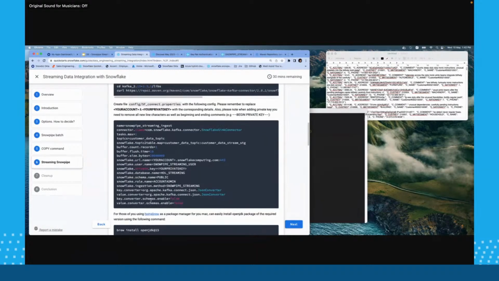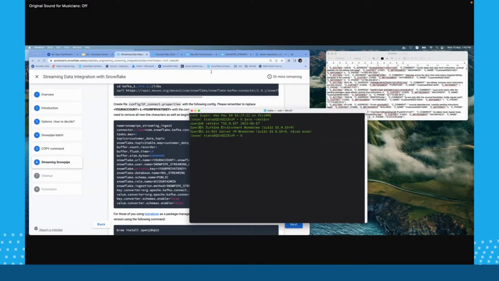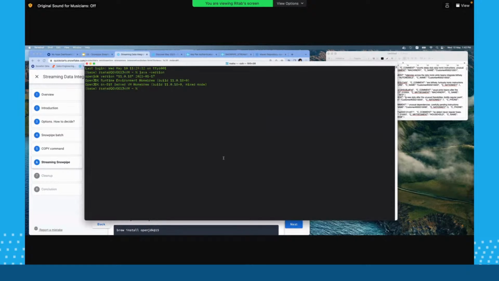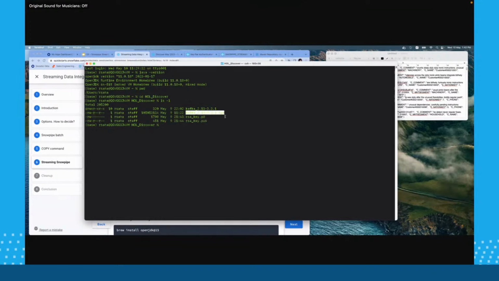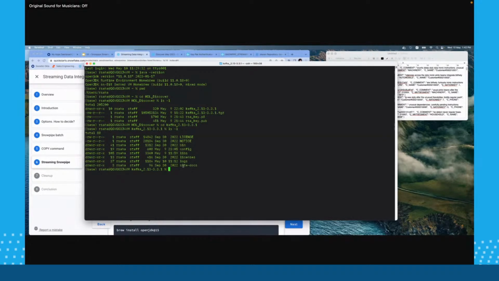Then we have the property file setup. I'm going to enlarge my screen, and I'll take you through this. Where am I right now? I have a folder called HOL Discover. I hope my screen is visible to all of you. I have already downloaded Kafka. This is the downloaded version, and I have unzipped it. This is the particular folder. Let's get into the folder and see what is there. ls -l. This is all the Kafka process setup.